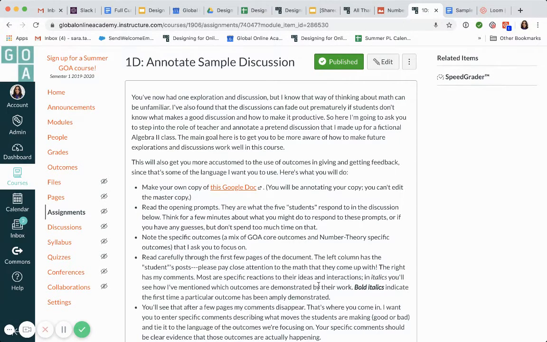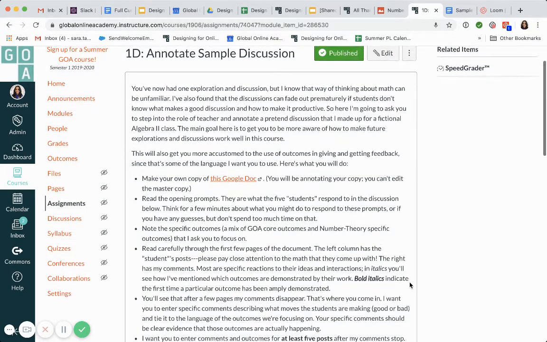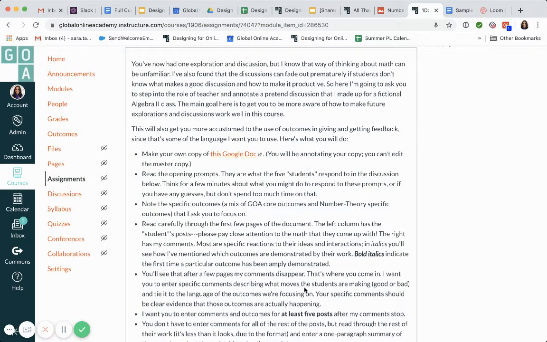He then asks his students to fill in the blanks and take the next steps to then enter specific concepts that describe the moves that students in the sample group are making and tie it to the language of outcomes. And again, the idea behind this exercise, it's a way to model feedback for students as well as teach students